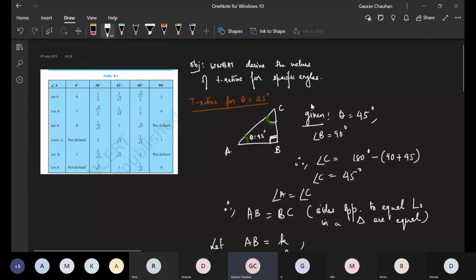Okay. And at the end of the day, you have to remember what we have seen so far from this table. We have seen these middle three values. 0 and 90 degree we'll discuss in the next class. We have seen how 45 degree values came. We have seen how 30 degree and how 60 degree values came. And right now, you should have all of these committed to memory. Okay. That's an important thing.